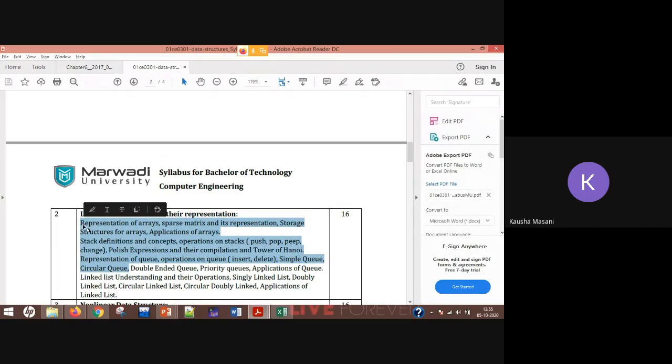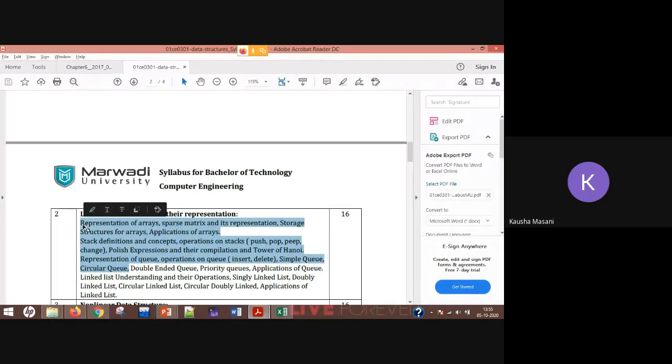Okay, all the topics. Clear with the syllabus, unit 1 and unit 2, all the topics we have seen till today. That means circular queue, insertion cases till here.